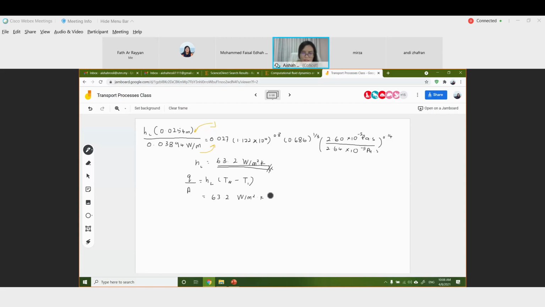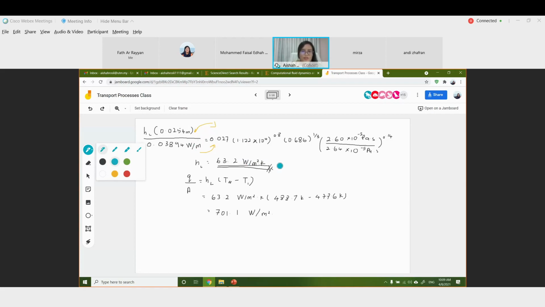And then T wall will be 488.7, this is from the question, minus 477.6 Kelvin. So in this case, we will get 701.1 meter squared over meters. Sorry, no. Wait, yeah. So in this case,